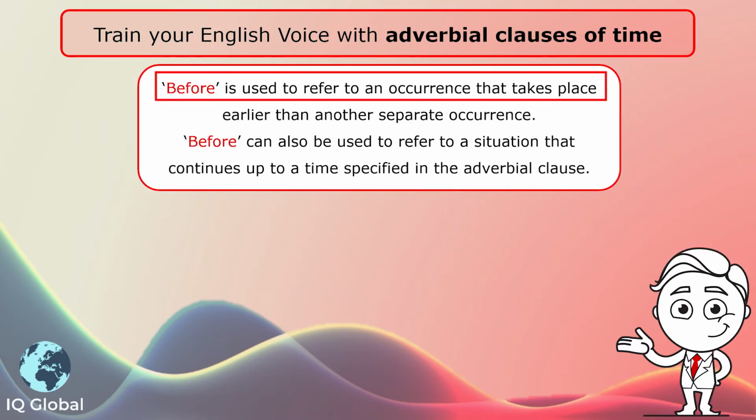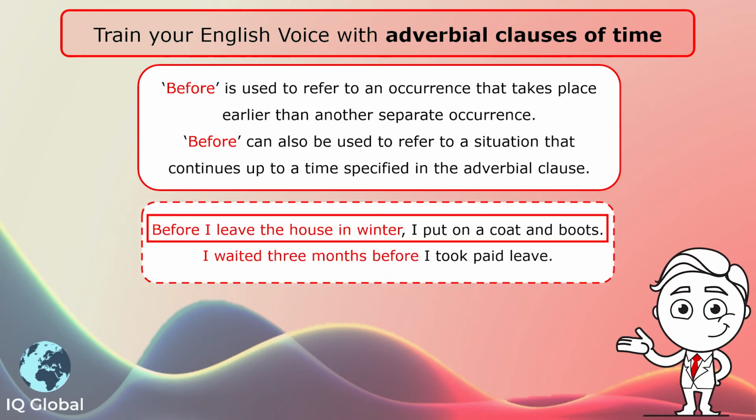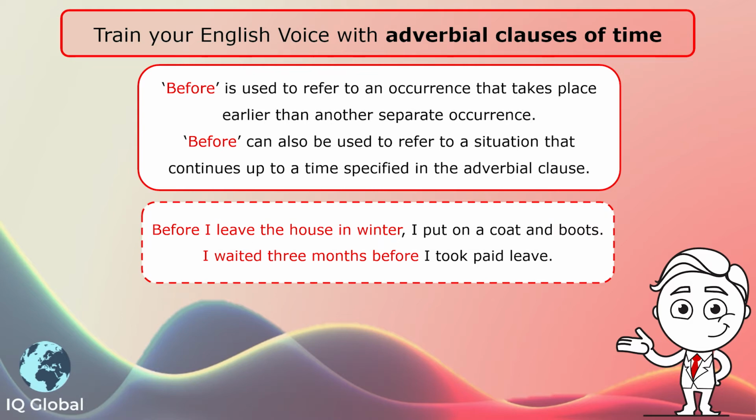Before is used to refer to an occurrence that takes place earlier than another separate occurrence. Let's look at that first example. Before I leave the house in winter, I put on a coat and boots. The earlier event or occurrence is putting on the coat and boots, and they do this before the later occurrence,